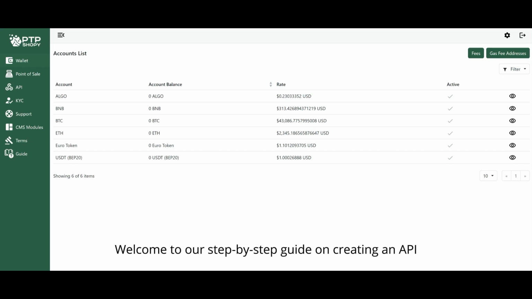Welcome to our step-by-step guide on creating an API key with PTPShopy, your pathway to integrating powerful crypto payment solutions into your CMS modules or e-commerce sites. An API, or Application Programming Interface, is a set of rules and protocols for building and interacting with software applications. PTPShopy's API allows you to seamlessly integrate your crypto payment gateway into your website, offering a smooth transaction experience for